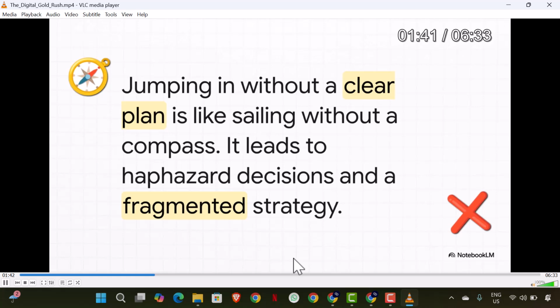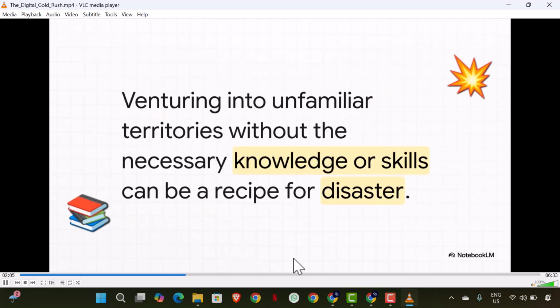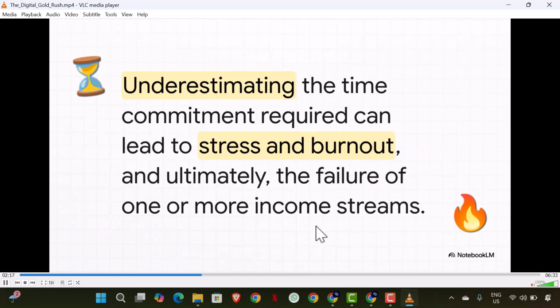You're going in with no clear plan. You've got to respect the mindset. Every single new income stream, every new project you take on, it all takes